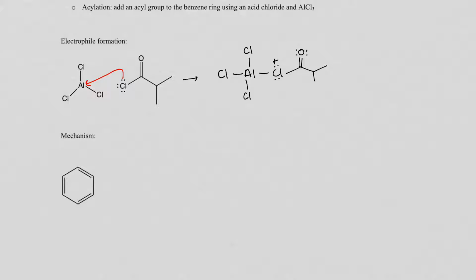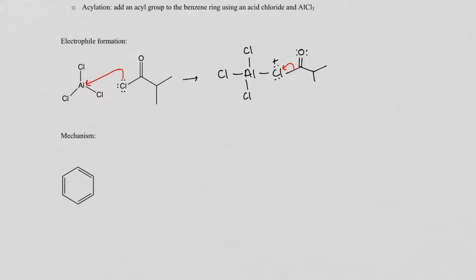And then, right, so you're thinking, okay, this is a primary alkyl chloride. No. So that's not how we're going to go about this. So yes, in theory, it is primary. But since this is an acid chloride, what we do is, in fact, this bond will break